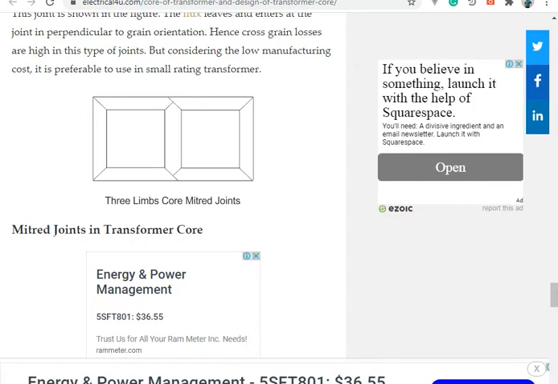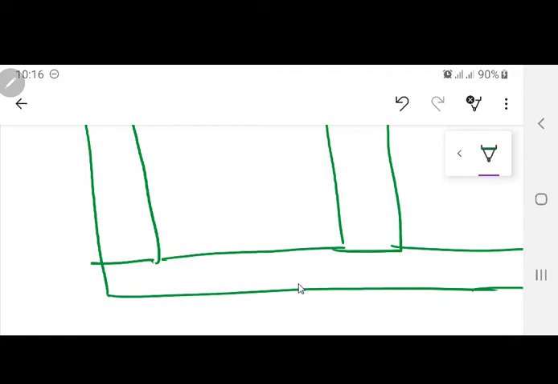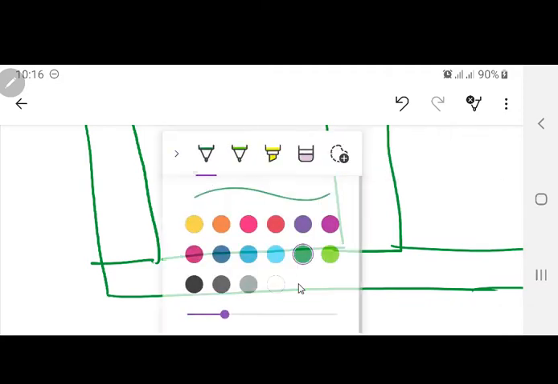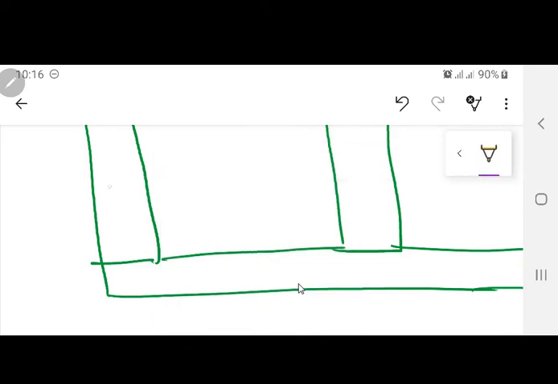If you have some cut like this, what is happening? See this very carefully. Flux lines are flowing over here like this. When they have to enter another sheet, and this sheet is cut like this over here, they are incident at 90 degrees. So they are going to take a lot of losses to bend them. You are going against the grains which are inside the material. If you remember, what was the material? That was cold rolled grain oriented silicon steel.